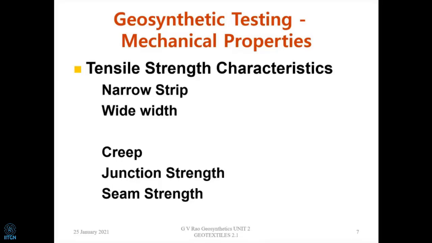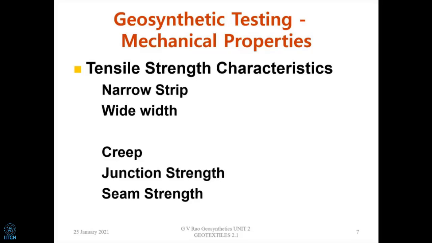Then there are people, we'll come to that later, who said, this is not good, let us conduct tests on very wide samples. There is a gentleman, let's say Bernard Miles, who has done a lot of tests on the various kinds of geotextiles, in those days both woven and non-woven needle-punched material. What they have done is they have tested specimens of different widths, up to 1 meter, 1000 millimeters. And they also had various grip lengths of the specimen.